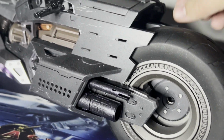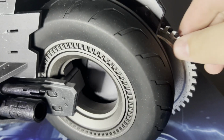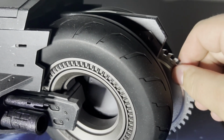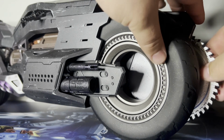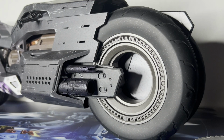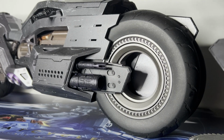And the fun part about the front here is it does have some ability. I don't remember this ever being used in the movie, but it's got a buzzsaw on the front. It's not in place right now because I took the little piece out. Because if you don't have the little piece in, you can take that bad boy out. And if you were smart like me and you remembered to keep it next to you, if you recall in the movie, he has this sweet freaking battering ram. And you can just take this saw blade out and you can